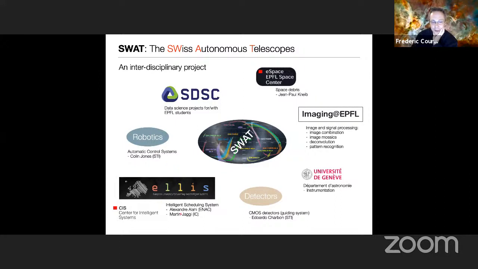But then the next layer would be to add artificial intelligence. So we have at EPFL a Center for Intelligent Systems doing this. They develop autonomous cars, these kinds of things. So why not autonomous telescopes? So we can decide almost on their own what to observe in the best possible context, given